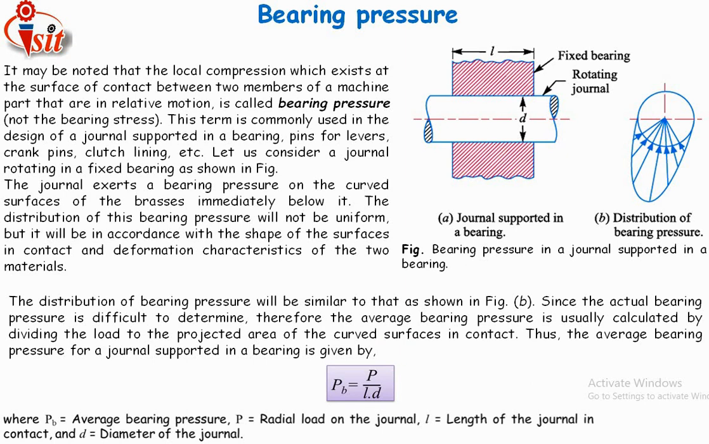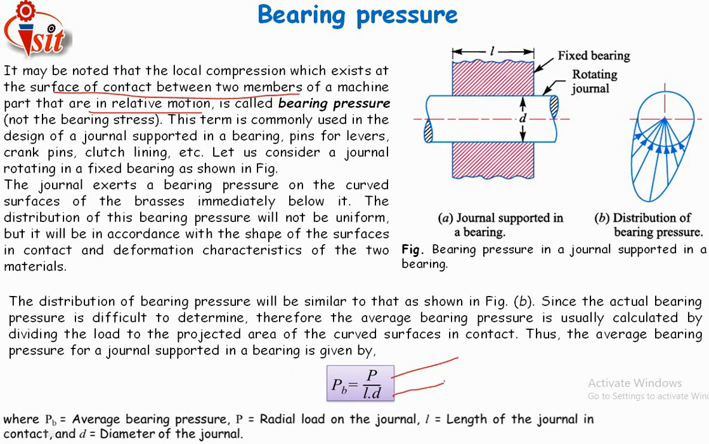Now this is the shaft and this is the rotating journal having diameter d. This is the fixed bearing having length l. It may be noted that local compression exists at the surface of contact between two members of a machine that are in relative motion, that is most important. In crushing stress, we have seen that both the elements are at rest. But in the case of bearing pressure, I can see here